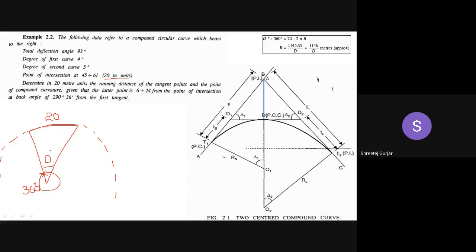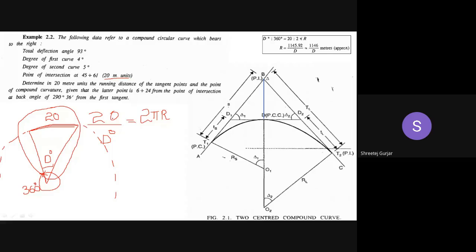360 degrees. This is also in degrees. And the total perimeter, if this length is 20, the length of the total circle will be what? 2 pi r, right? We know this formula, 2 pi r. So 20 divided by d in degrees, right? This is for this particular piece of the circle or particular arc. And I will equate it to the total circle.